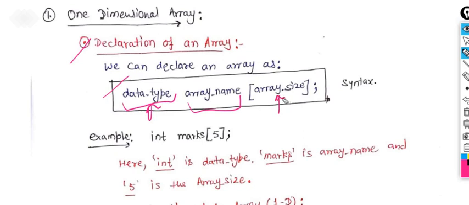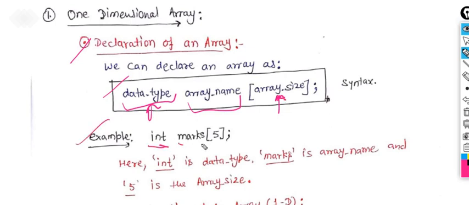I have already told you it's a drawback of the array also, that you have to mention the size of the array at the time of declaration of the array variable only. You cannot change it in between. Okay, so this is an example.